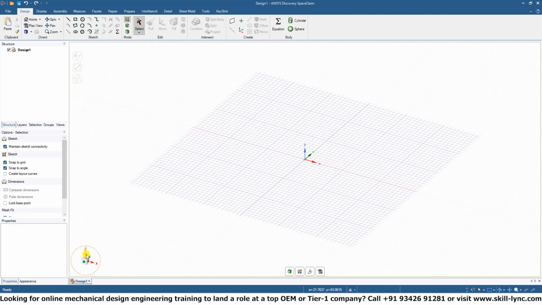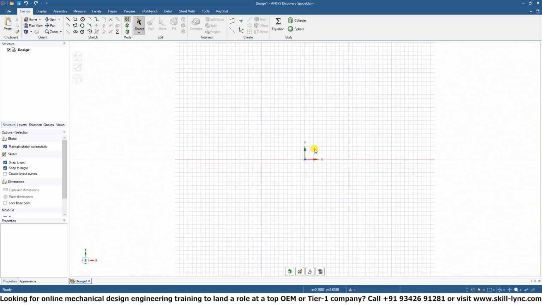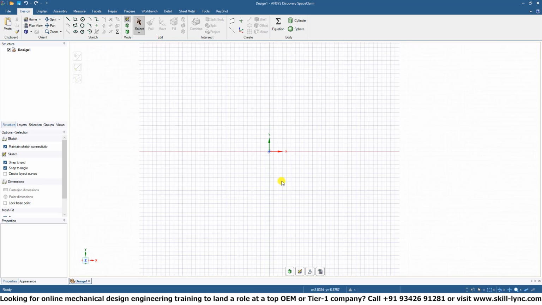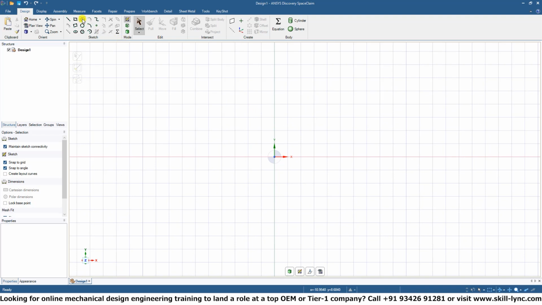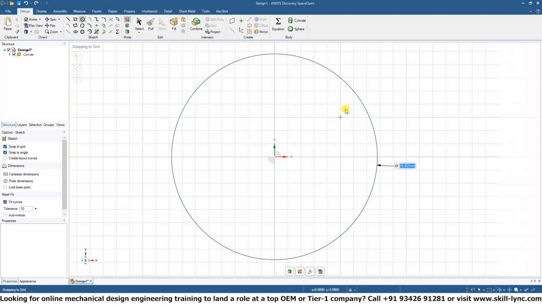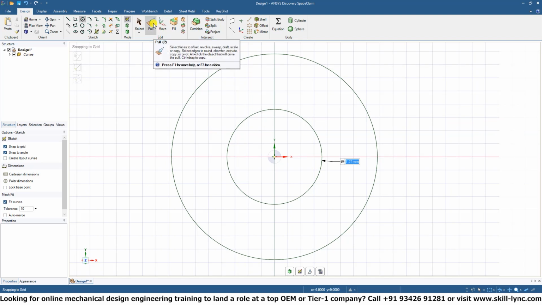Let's quickly set our view along the z-axis, pan it a bit and zoom in a bit, just for ease of reference. Let's draw some really basic geometry. If we draw one circle, the area within the circle, that's an encapsulated area. That would just be one. But if we draw a second circle on the inside, you can see that you have at least two encapsulated areas, one defined by the larger circle and one defined by the inner circle. If we hit the pull tool button,